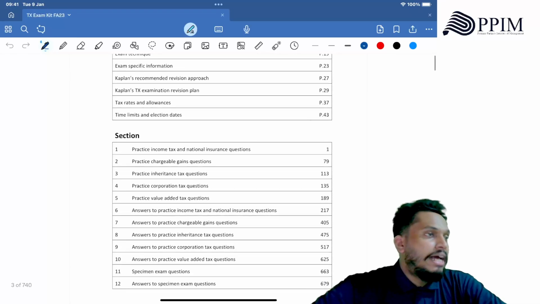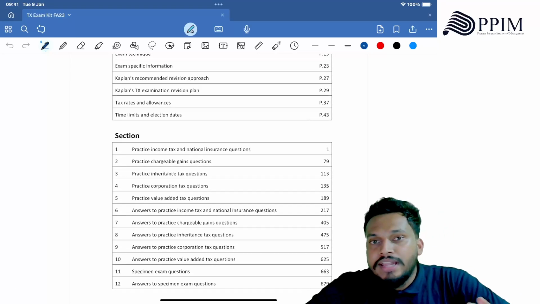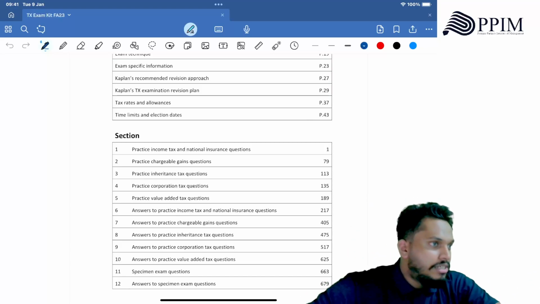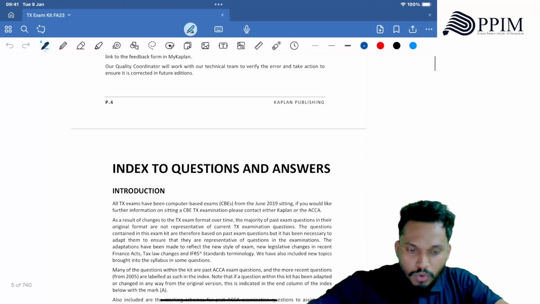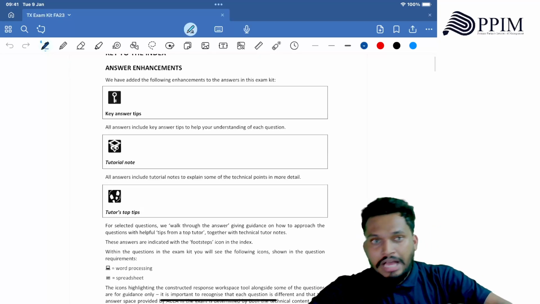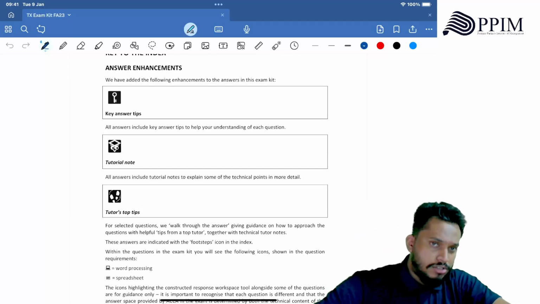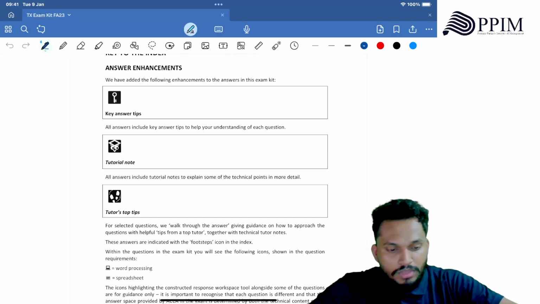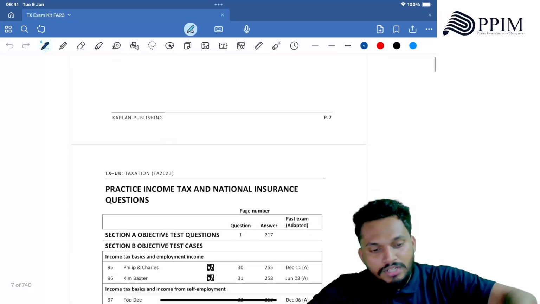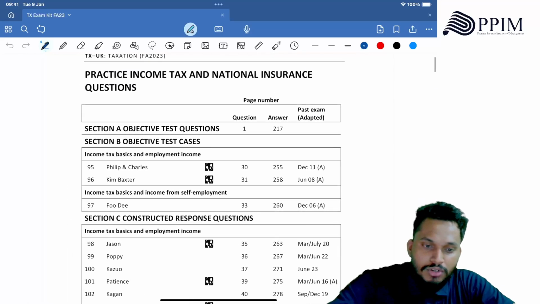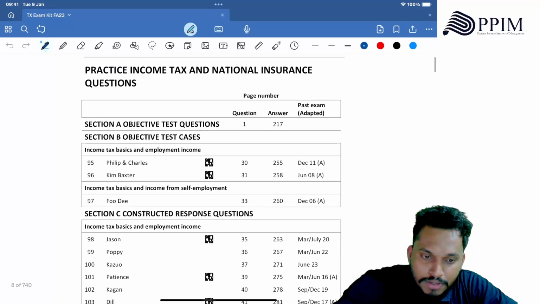So now what we are going to see is, today I told you we'll be focusing on the income tax parts. We'll go directly into a Section C type question. When you go to your Section C type, you all know the exam format. I'll revise the exam format in the other classes too, but today I'm not going to go into the exam format. You know, there are 3 sections and we need to answer all. So in this exam kit, we are going to look into the income tax part.